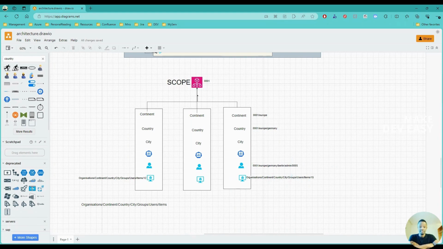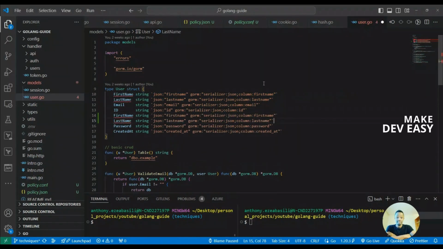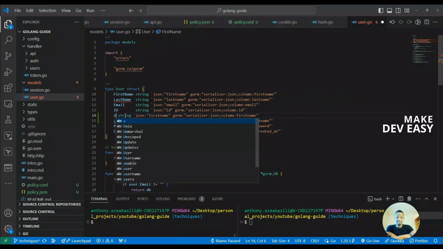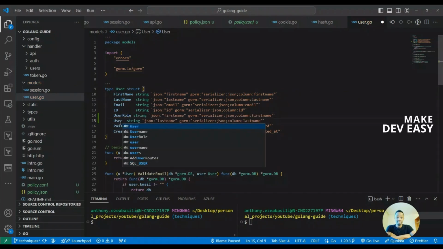So let's jump over to the code editor so I can show you this in more practical terms. So we are back in the code editor. The first thing I want to do right now would be to add a couple more columns to our user table, and I'm quickly just going to add those here. I'm just going to keep this as fast as possible. I'm just going to copy this and put in here, and then I would call this user role, and I'll call this user scopes,